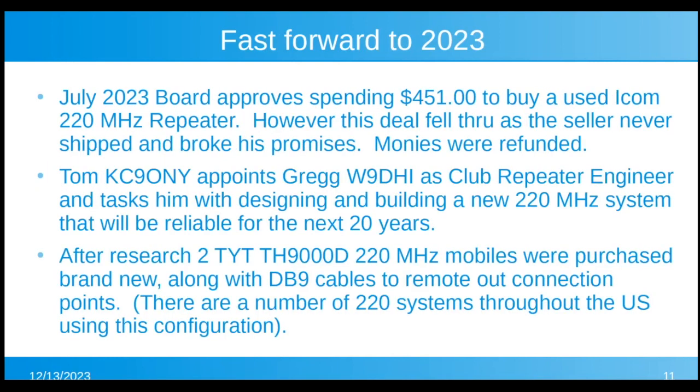In July, Tom and I went to the board to approve spending $451 to buy a used ICOM 220 repeater. They don't make that repeater anymore, but they were originally around $1,600. However, the deal fell through as the seller never shipped and broke his promises, and he had this excuse, that excuse, and Tom's monies were refunded. Tom decided he would just appoint me as the chief repeater engineer and tasked me with designing and building a new 220 system. I did a lot of research, and I found a number of systems around the country that